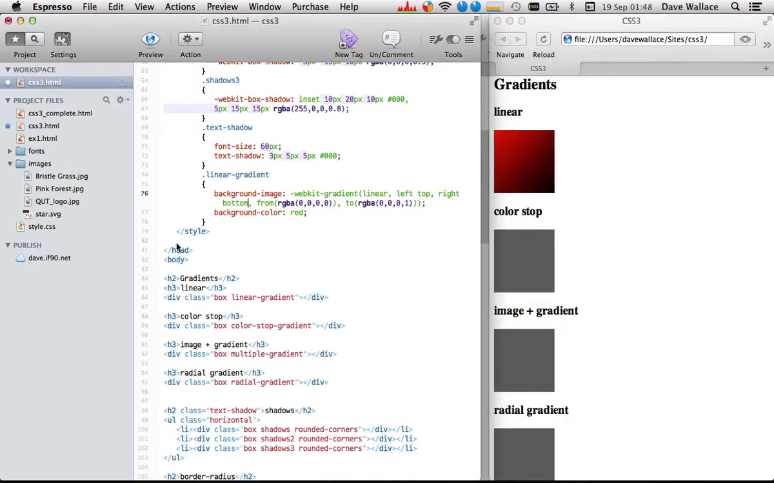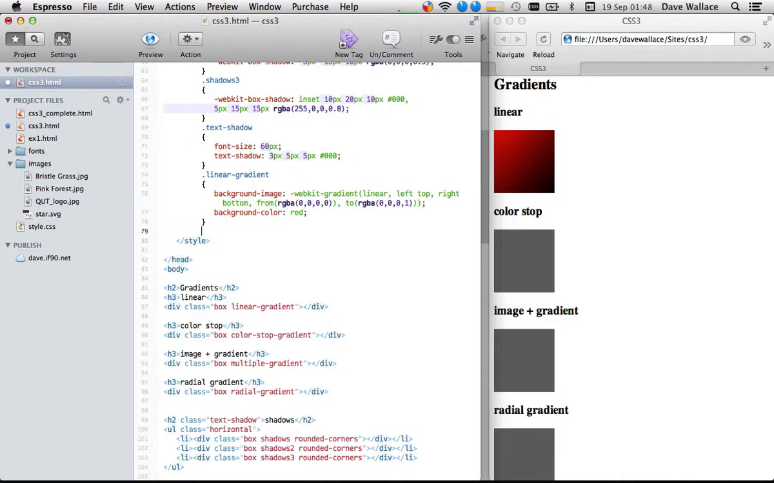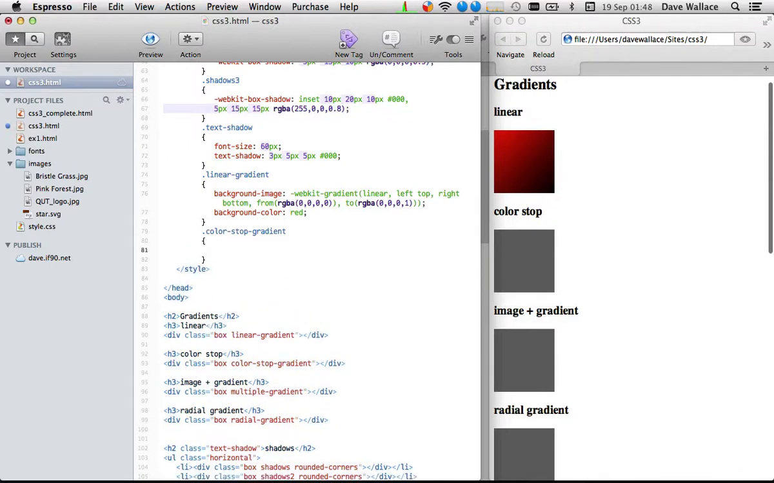Okay, there we go. So the next type of gradient is an extension on this one, and it's called a color stop gradient. So this div I've got with a class of color stop gradient here. Okay, so color stop gradients